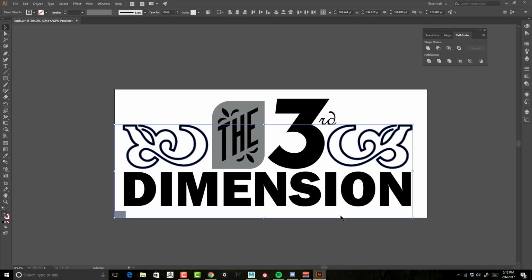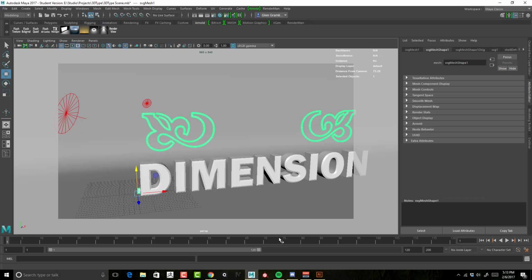So jump back into Illustrator. We'll bring in, first we'll bring in this sort of block, because basically my idea is to make it look like the word here is inside of this block of ice or something. So I'll select that and select my little block at the bottom, Control C, jump into Maya, create a new SVG tool,